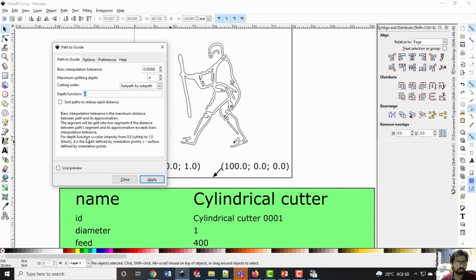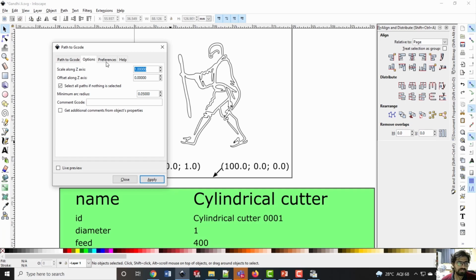Otherwise there are a few other options also. Now let us go to the other options like scale along the z-axis and offset along the z-axis. Right now I don't want to do any offset along the z-axis, but in future you may generate different layers also by appropriately selecting the option for the offset along the z-axis.